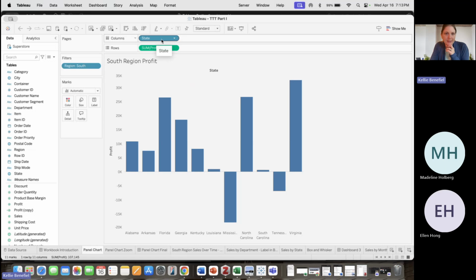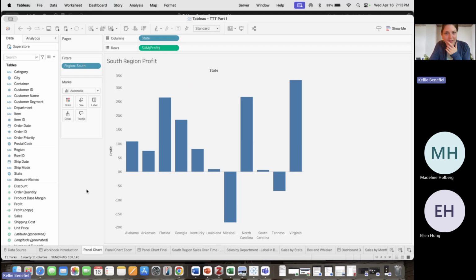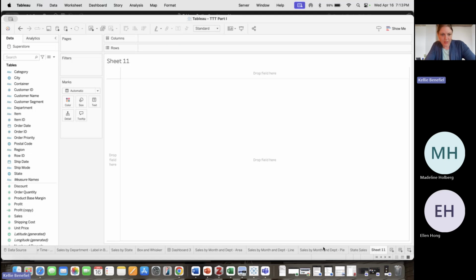So I pulled the state and then profit, and there we go. I finally got rid of it. Okay, so normally I would just duplicate this, but I'm going to recreate it for you from scratch, just so you can follow along. As we get further along in the course, I probably won't do this as much, but sometimes I think it's helpful to watch